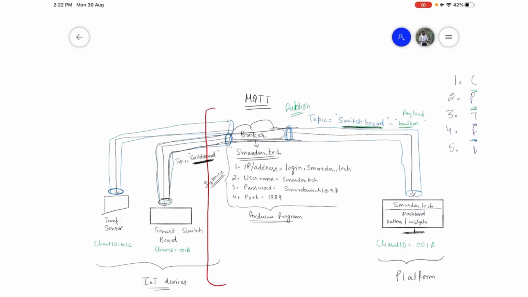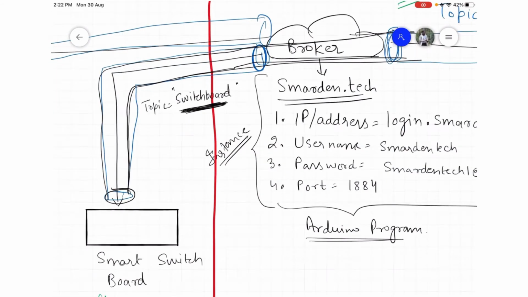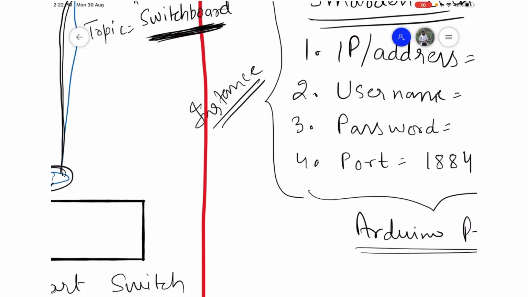If the pipelines are connected, meaning both the device and the platform are on the same topic, then we have successfully received the command, that is bulb on. And once I receive the command, I can simply turn on the bulb in my smart switchboard.